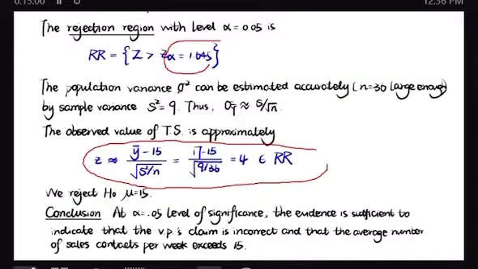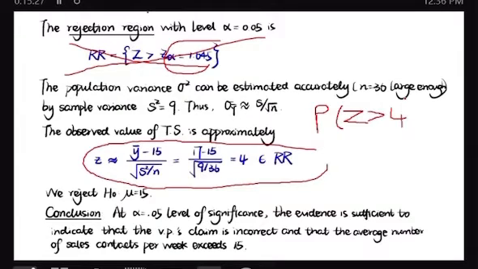Now, if I'm not interested in the rejection region, and I have Z to be that, I need to get a p-value, which is going to be the probability of Z. To know the sign, I go to the alternative. The alternative is greater than, right? So it is the probability that Z is greater than 4, which is the same as 1 minus the probability that Z